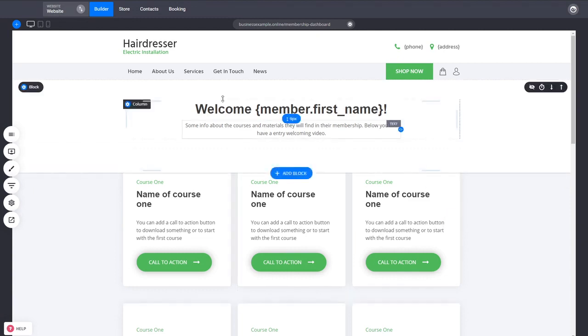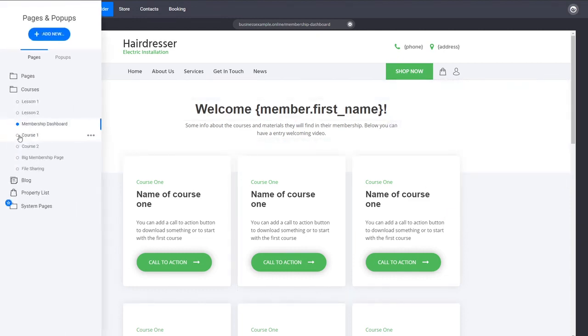Okay, so we created our membership groups and we limited access to these 3 pages for specific groups. But how do we actually create a page, for example, where people can sign up and get access? So there are actually 2 ways: either to have a free access with a sign up form or to sell a product. So let's start with the first one, where we create a page to give access to this dashboard,